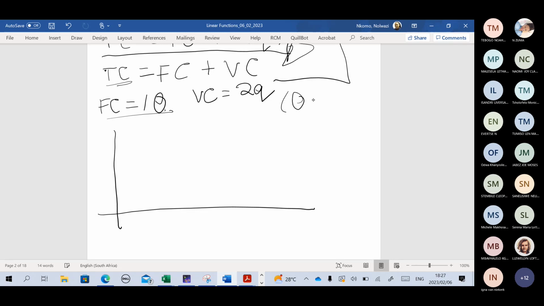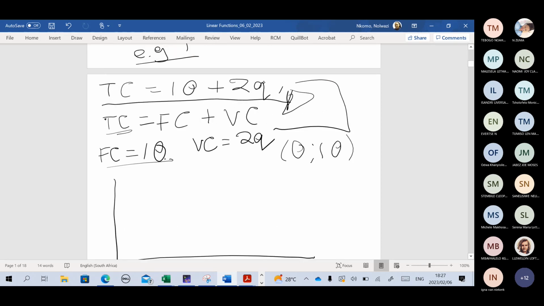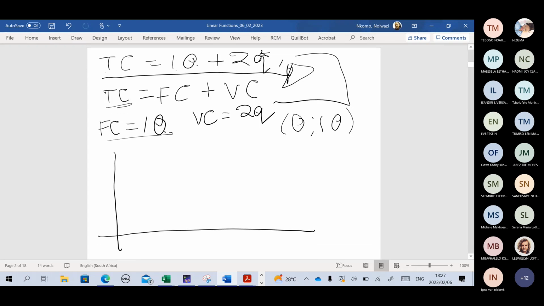We have a point (0, 10), right? Because if you put 0 where there's Q, you'll get the total cost as 10. So this means we have the intercept on the vertical axis as 10. So let's say we have 10 here. Okay, to draw this